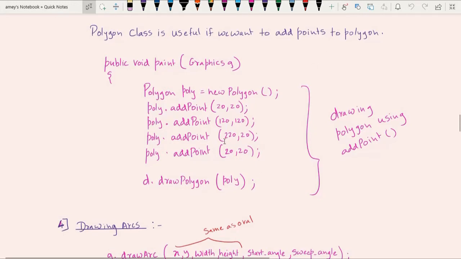The difference between this method and the previous method is, here in every line you are actually adding one point on the canvas. So you can visualize this as you are adding points on the canvas, and then this particular method called draw polygon connects these points to form a polygon, right? So this is how the polygon can be drawn.